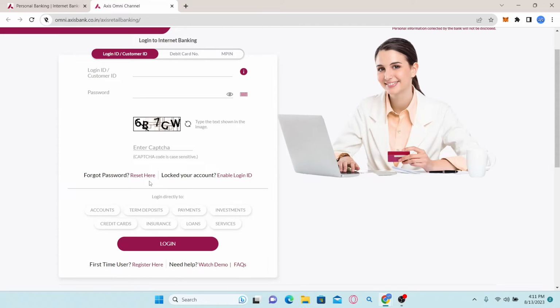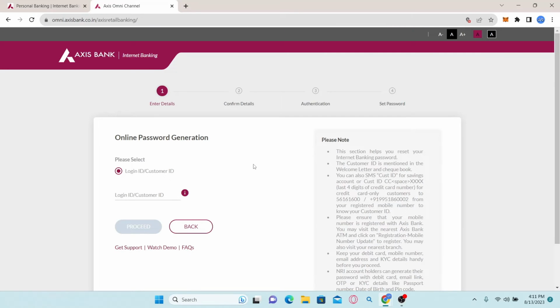In order to reset your forgotten password, you will find the Reset Here option underneath the Captcha section. Simply click on the Reset button and you will then be allowed to generate an online password. You will simply need to type in your login ID or your customer ID and click on the Proceed button,